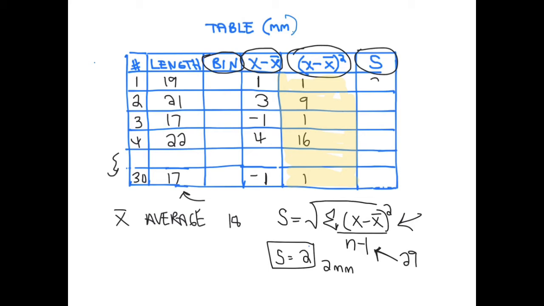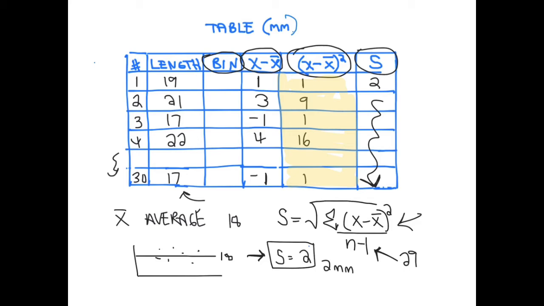So this number is really 2 all the way through because it's one number for everything. What it really means is if my average value is, in this case, 18, it's saying that the average distance any given point is from that 18 will be 2 millimeters. So you have a tighter distribution if you have a standard deviation of 2, whereas if you